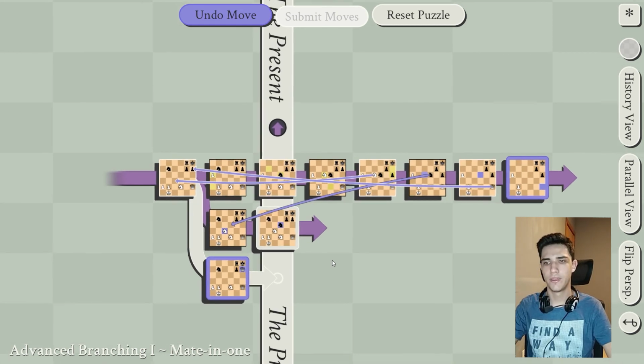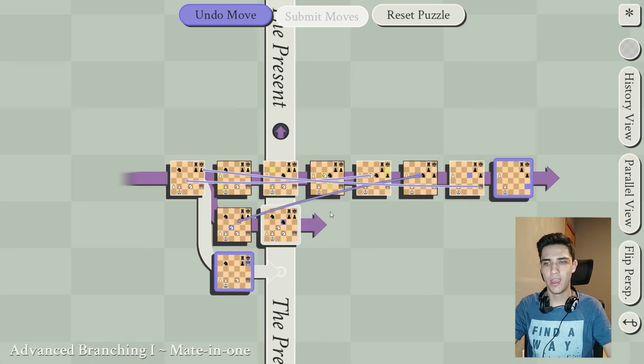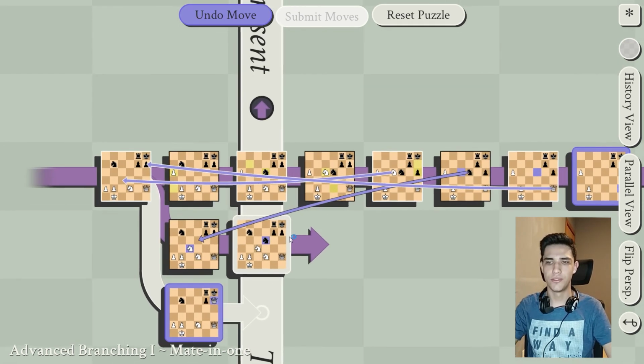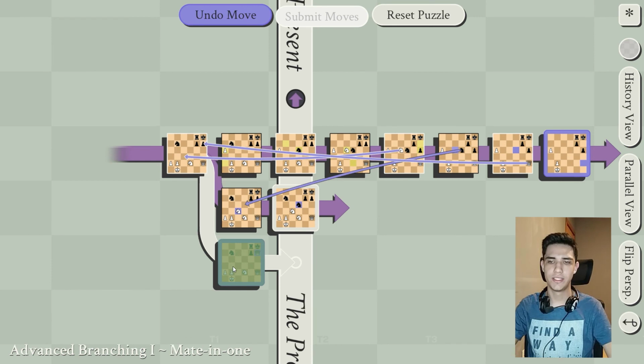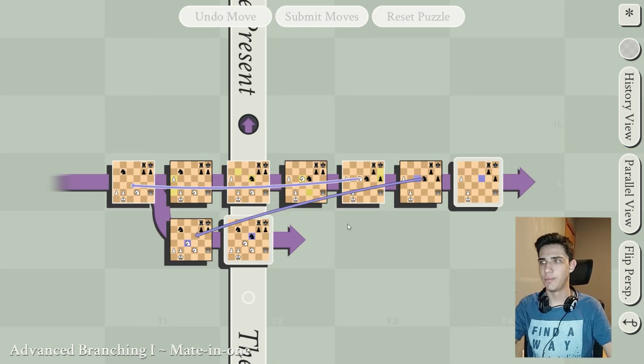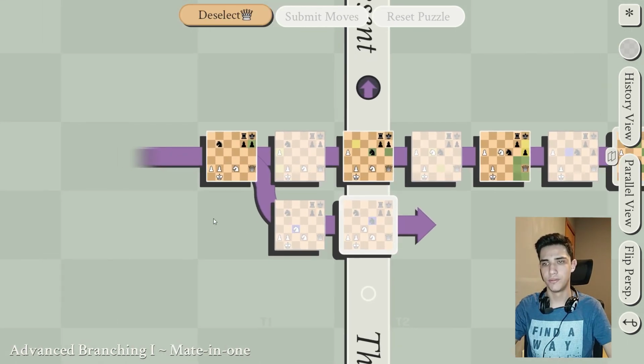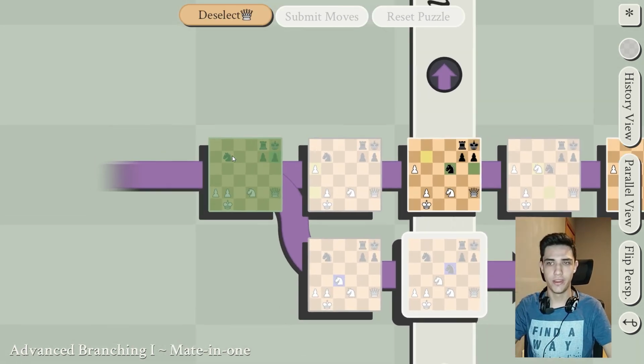So if you want to move two times consecutively, like here, the present line won't move, and so your opponent doesn't have to make a move in this board. So it's not a checkmate. With all these things explained, let's go to the solution for this puzzle. Let's move our queen here,